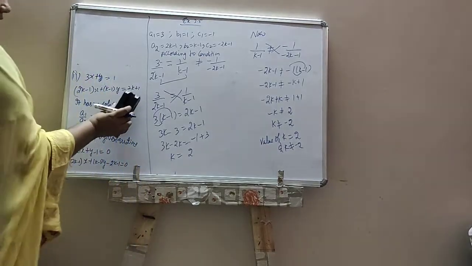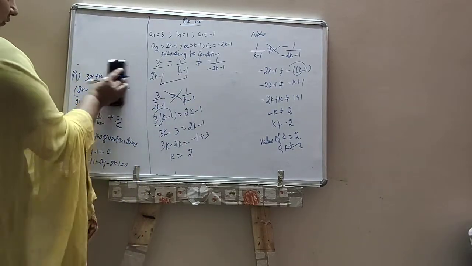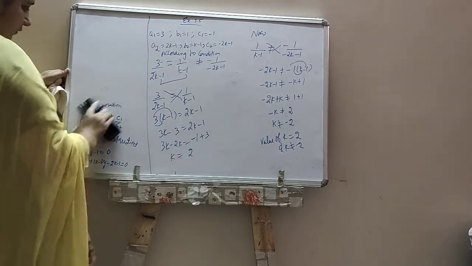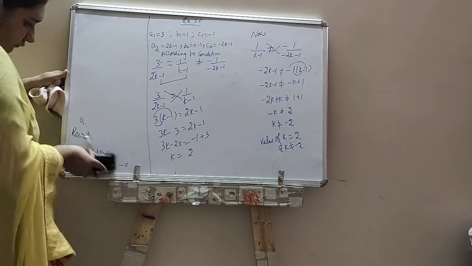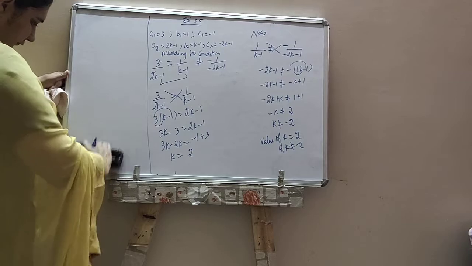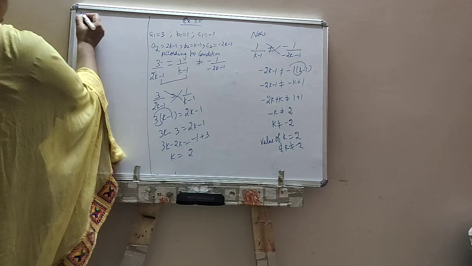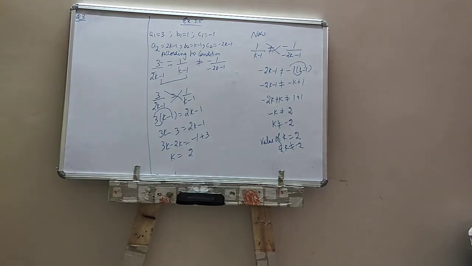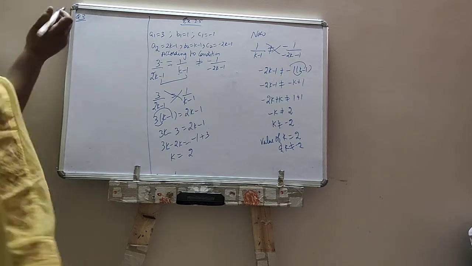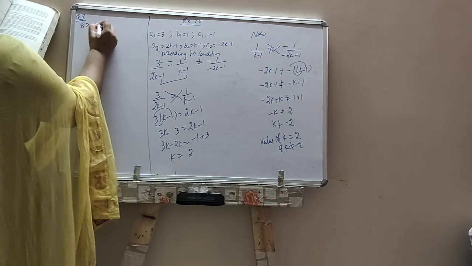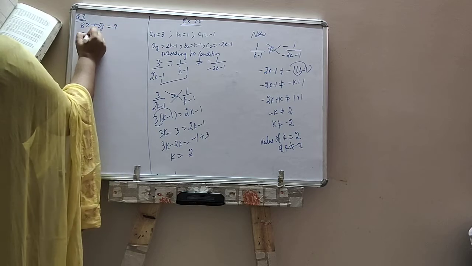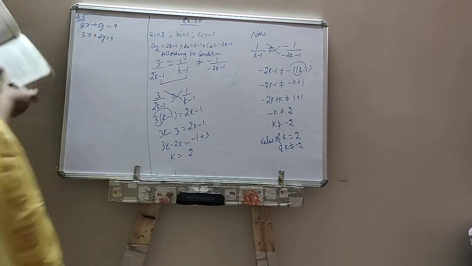Now question third. I hope you noted it, but I am going to raise this side only. Question third. Read the statement. What they are saying: solve the following pair of linear equations by the substitution and cross multiplication method. So we have to solve it by both methods. 3x plus 2y equals 4.